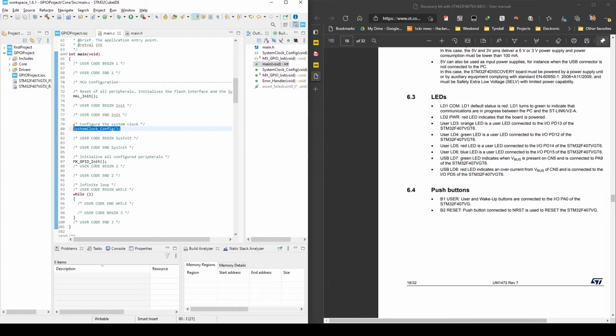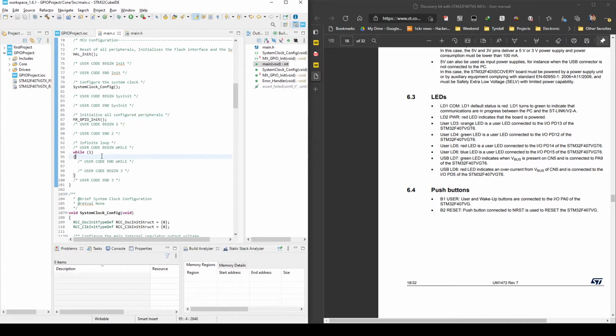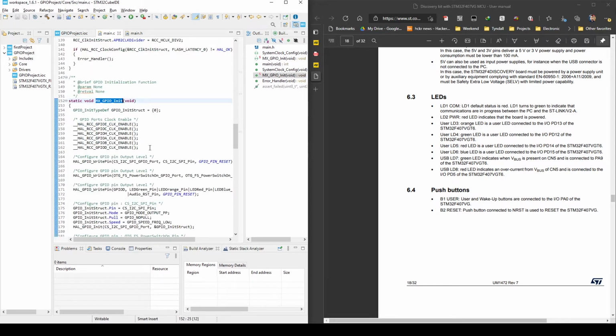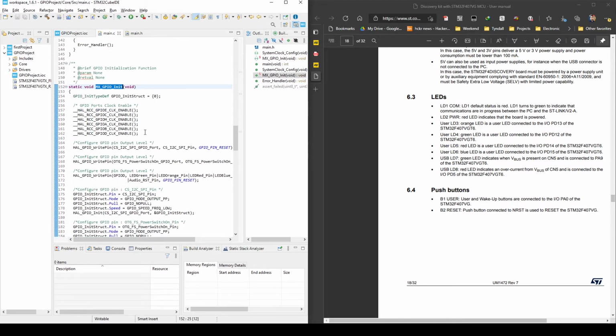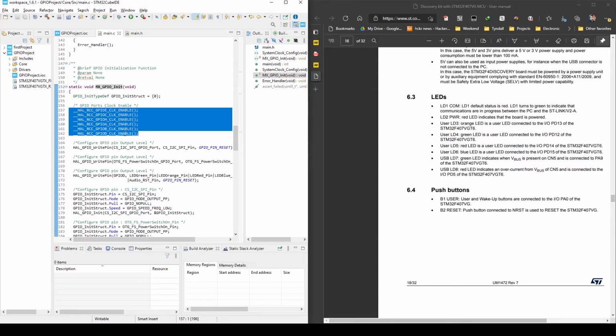And then we have system clock configuration, which we didn't talk about yet. So the system clock will be configured here. And then we have the GPIO initialization. So in GPIO initialization, what you will see is that there are some lines of the code that will basically activate